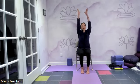and out. Let's take our arms out to the side, up towards the sky. Bring your hands in front of your heart. Let's do an Om together. Let's do 3 Oms together. So we haven't done that in a while, but really good for the vocal cords. All it is is the sounds of the universe. It's not some religious chanting. So you're going to breathe in, and then on the exhale, it's